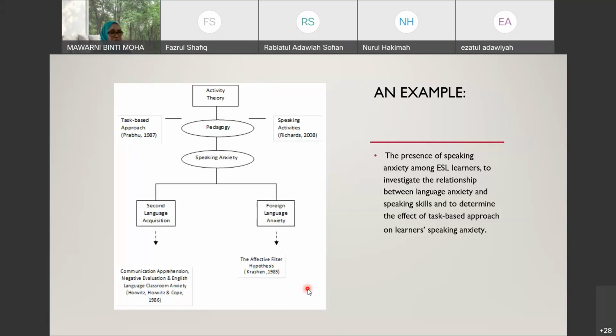Okay. All right. So that's about the theoretical framework. You must explain the underlying theory of your study, what is your theoretical framework of your study, and how the findings of your study contribute to the theory your study is based on. You can't just do something that is not based on anything. Even a house needs a foundation. Same with your research, it needs a foundation, and your foundation is the theory that you are based on.